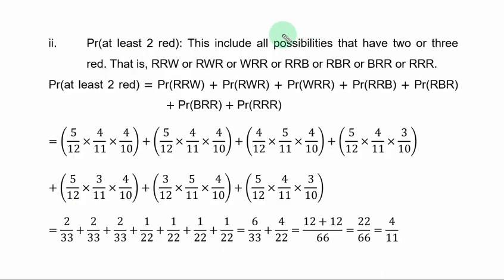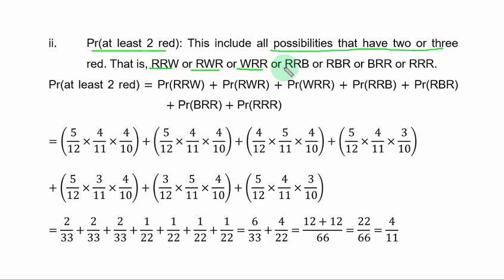Remember figure 2 of the same question, probability at least 2 red. At least 2 red means where you have 2 reds and 3 red balls. This includes all possibilities that have 2 or 3 red. That is R, R, W, or R, W, R, or W, R, R,